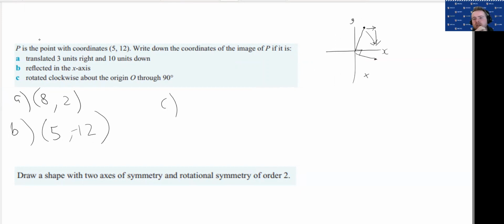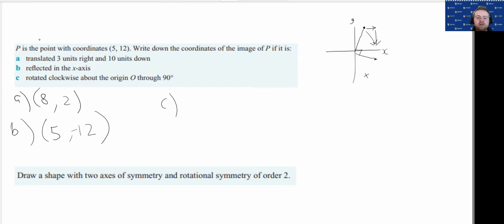And what's happening then is we're flipping our X and Y value around. So what was our X value becomes a Y value, but it's also going to be a negative Y value as well. So we sort of swap the values and then make the Y one negative